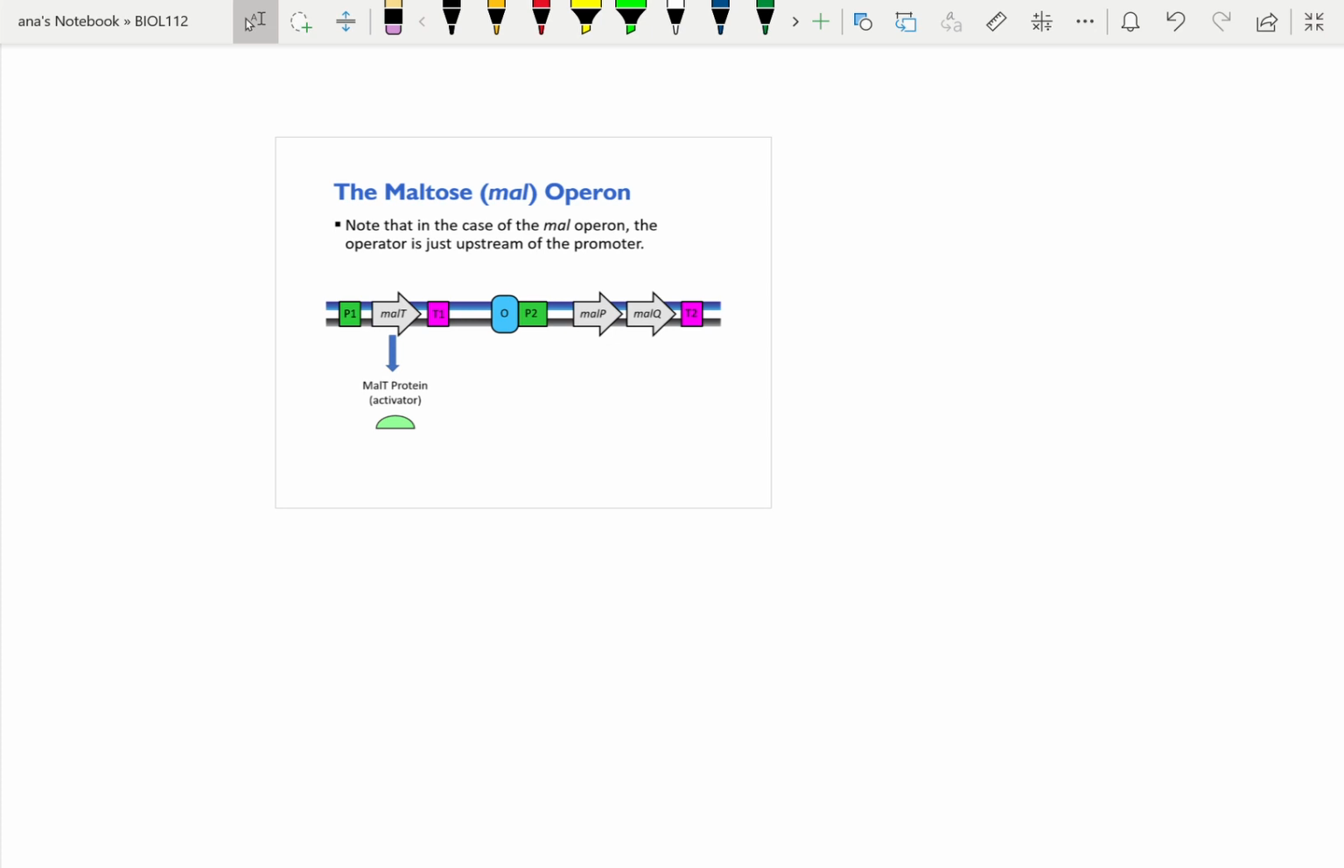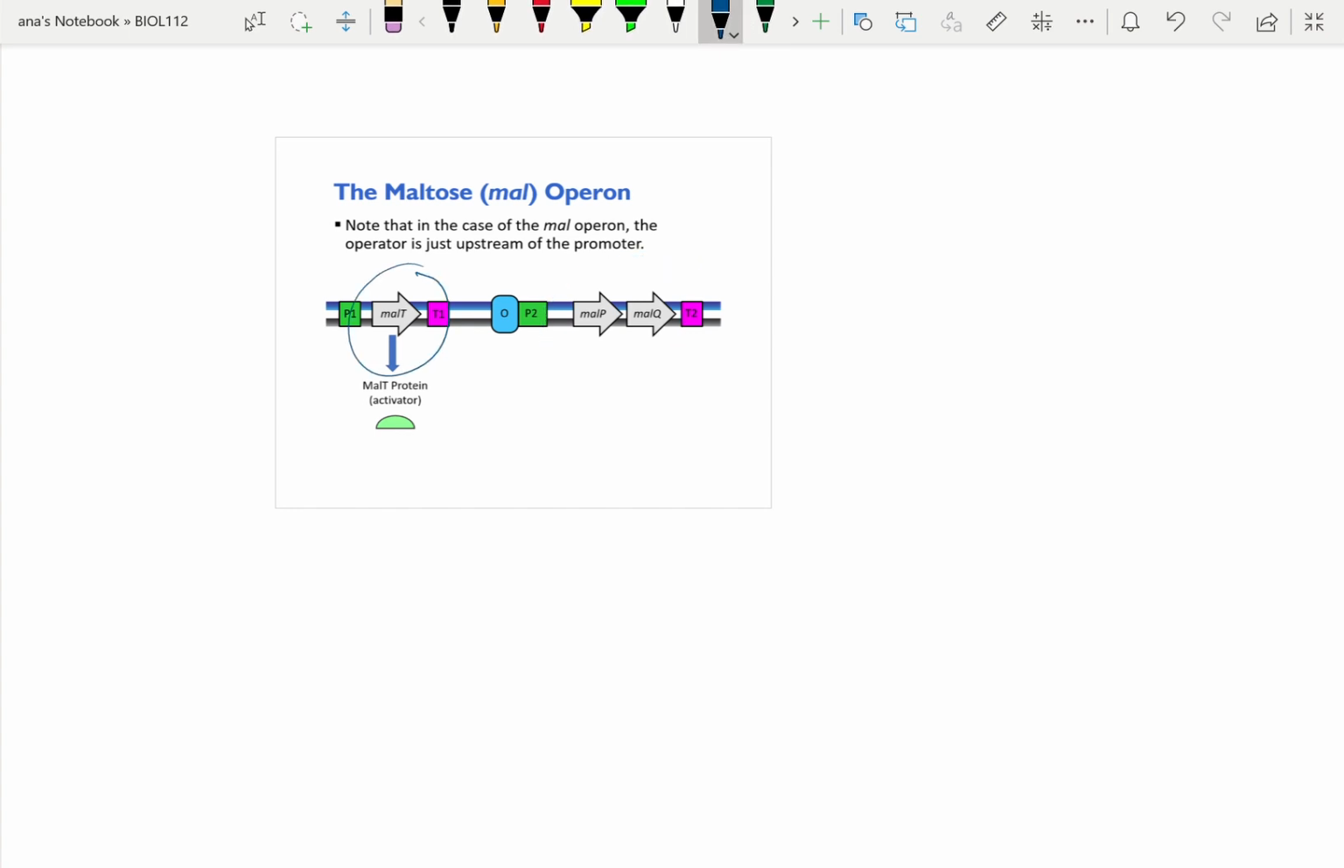Hi everyone, in this video I'm going to do a quick review of the operon, and then I'm also going to go through some of the mutations and how they affect the levels of transcription in the wild type versus in the mutant. So the operon consists of the MAL-P and MAL-Q genes,